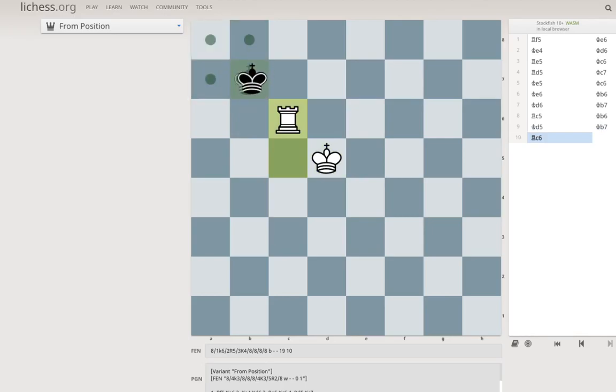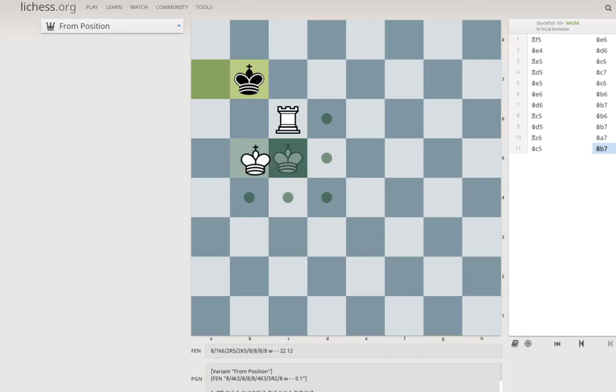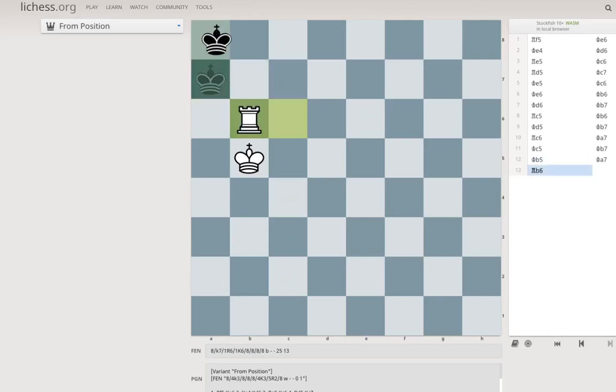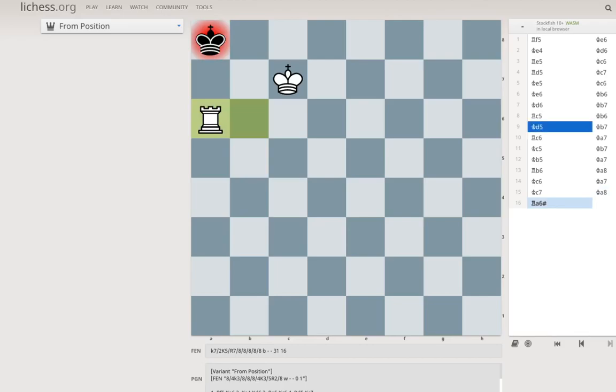And now the king's going to get forced to the edge of the board. So we can, let's say, bring our king here. The king comes back out. And again, the king's going to have to go to the edge of the board. So let's say it goes here. We can bring our rook here. And the king is just stuck in these two squares, right? And eventually, we've got checkmate. Checkmates can arise in various different patterns, obviously, but it's really important to be able to know